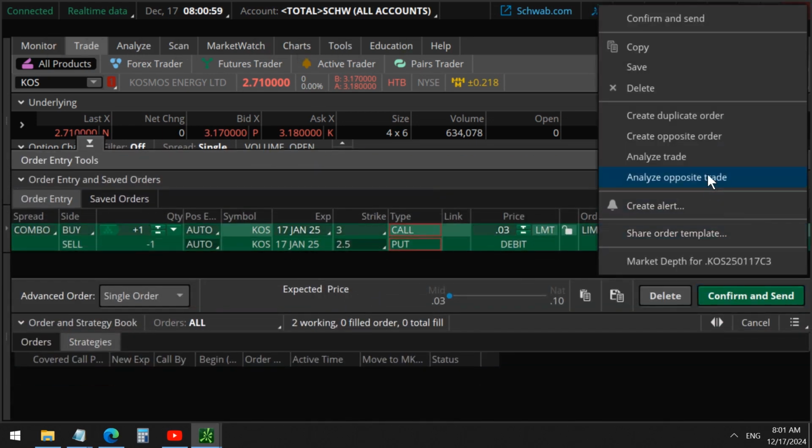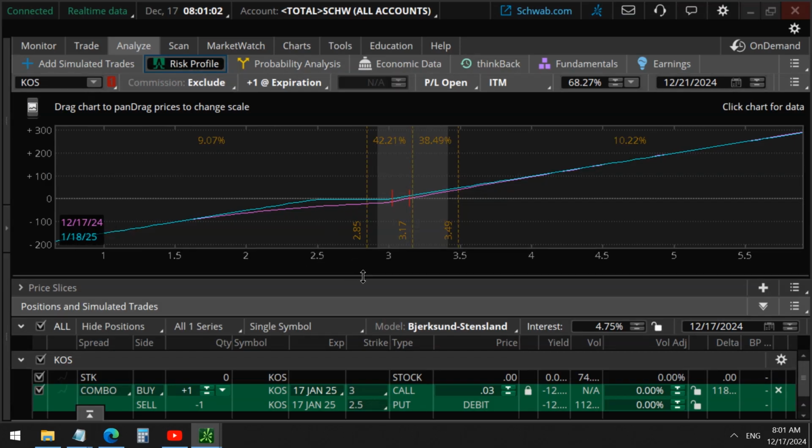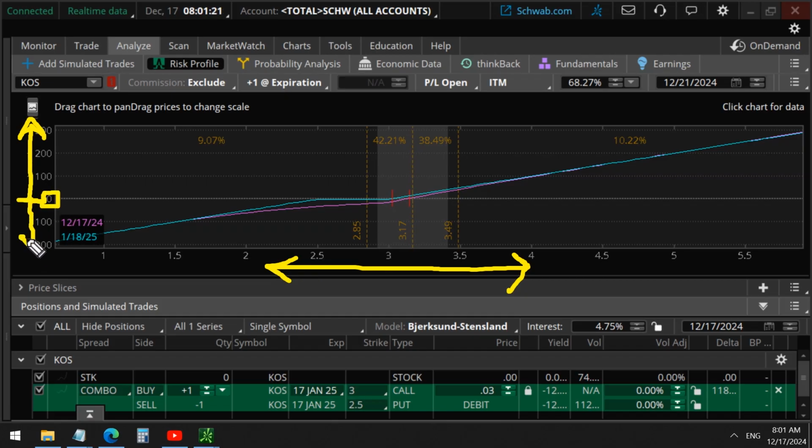And so we can analyze this trade, and we can see here that as the share price goes up, this trade becomes more profitable, because this graph here shows the share price of the stock on the x-axis, and on the y-axis shows the profit loss. Note the break-even zero line here, so anything below that is a loss. So note that this trade is hedged, and that is why the blue line is flat all the way to the 2.5 share price, because they sold the 2.5 strike puts, cash secured puts,